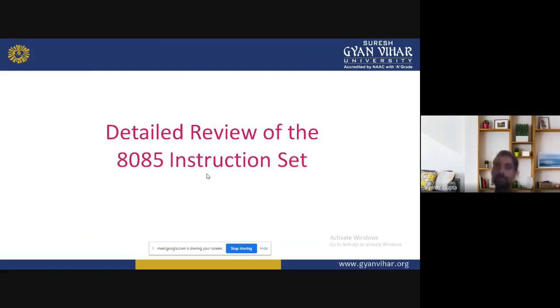In the last lecture, we saw the architecture of 8085. Now today in this lecture we are seeing instruction sets, how we will write the program. As we know, we are writing the program in assembly level language. So in assembly level language, we are writing any program. So how these instruction sets we can use, we can see in this lecture.